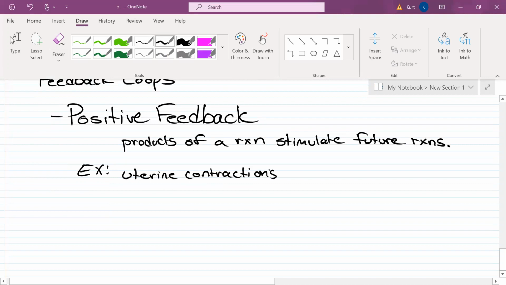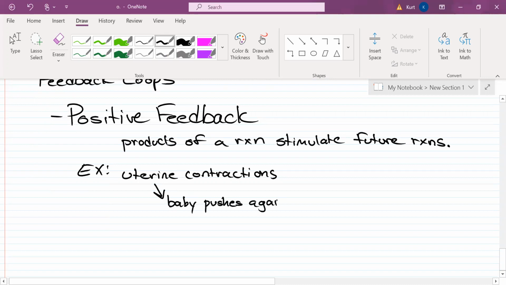Now, when that uterus contracts, look at me, the baby's head is going to push against something called the cervix. The cervix is an opening at the bottom of the uterus where the baby passes out. It connects to the vagina and then out of the body. Every time that baby's head is pushed into that cervix, something happens. But I'm going to write this down first. You got uterine contractions. Baby pushes